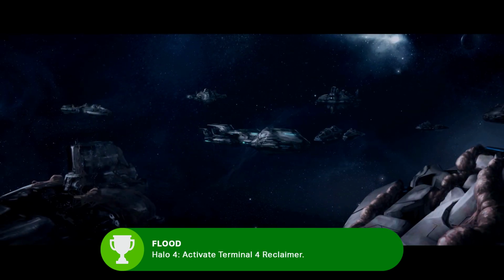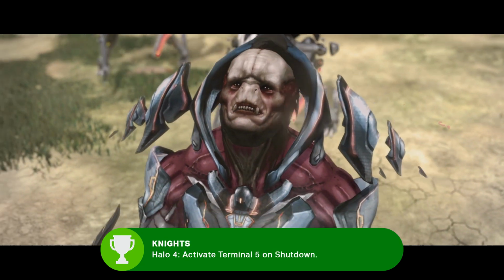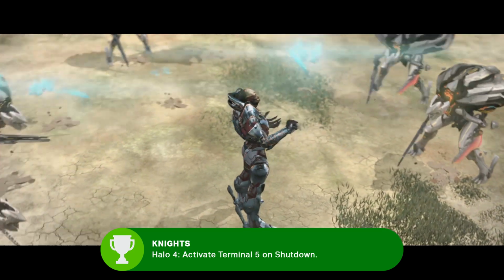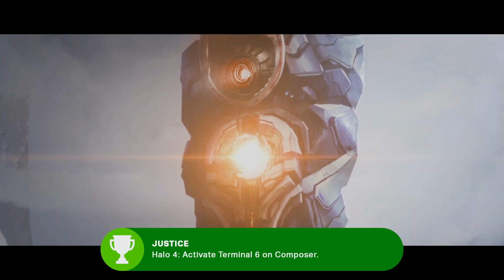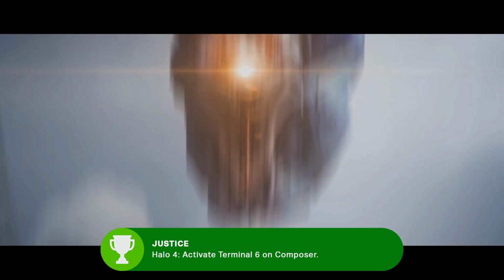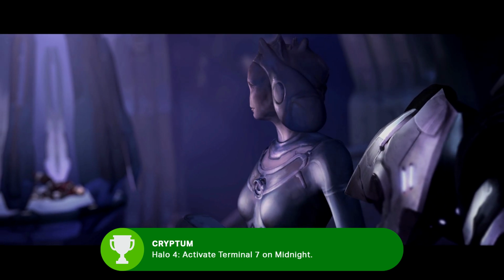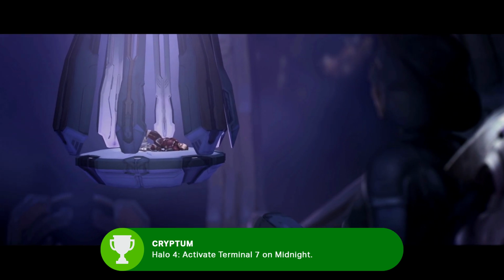Terminal 4 gets you the Flood achievement, not much to dive into there. Terminal 5 gets you the Knights achievement, taking its name from the Promethean Knights, whose genesis is depicted in this terminal. Terminal 6 gets you the Justice achievement, named for the Didact taking out a perceived justice upon humanity. And Terminal 7 gets you the Cryptum achievement, named for the Didact being sealed into a Cryptum just days before